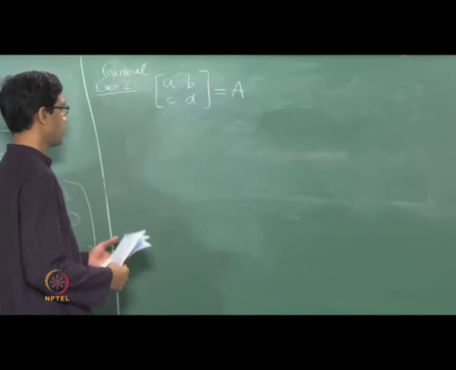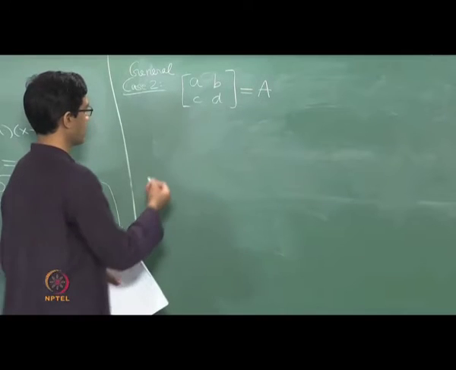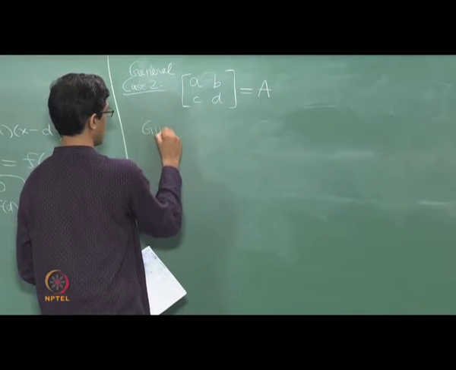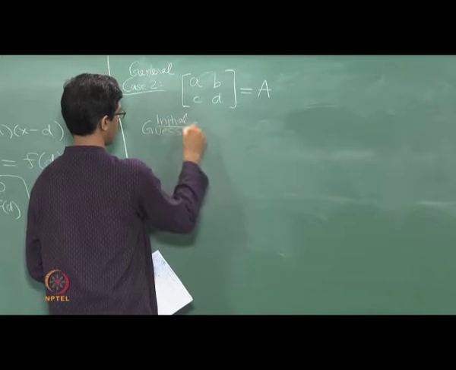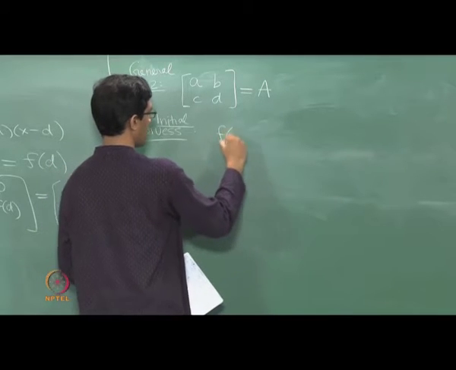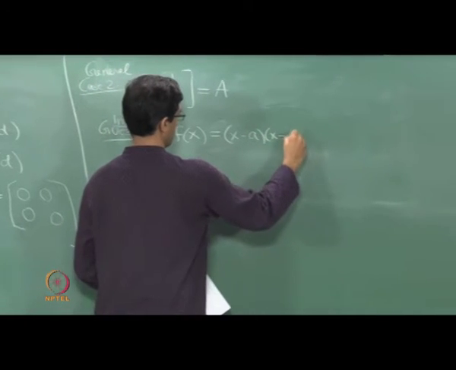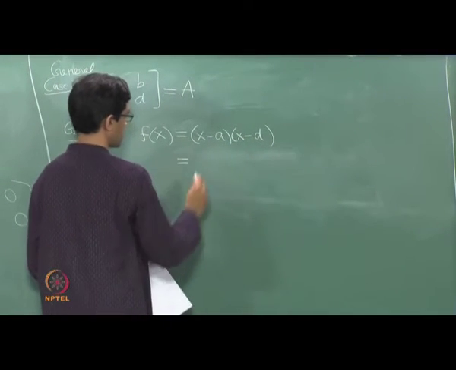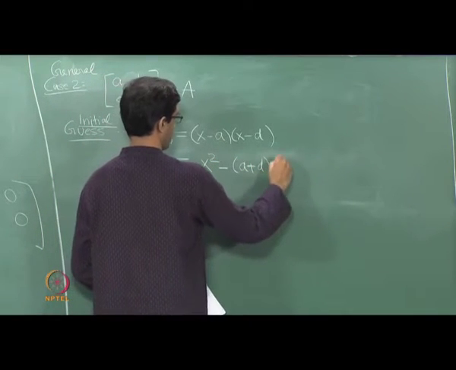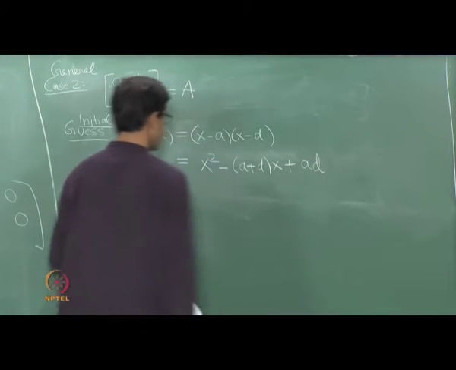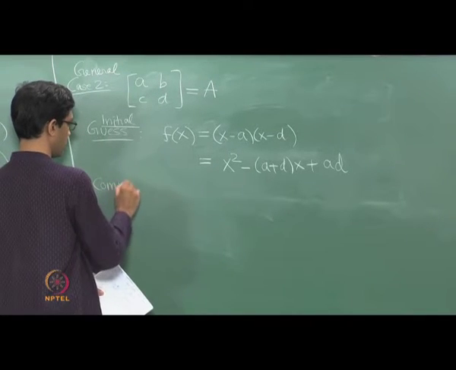Okay. So, let us do the following. As a first approximation, let us use the same polynomial that worked in the diagonal case. Let us guess as our initial guess, let us just take the same polynomial and see what happens. So, we just take (x minus a)(x minus d), and let me just expand this out, it is x squared minus (a plus d)x plus ad, and let us compute f of A and let us see what we get.